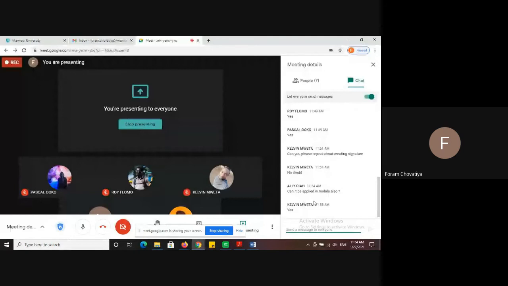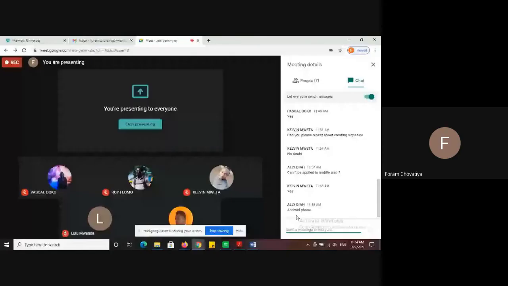Okay, Android phone, but I don't have an Android phone, so no idea about Android. But if you are using an iPhone, in iPhone you have to click on your mail ID. I think both systems have the same process.